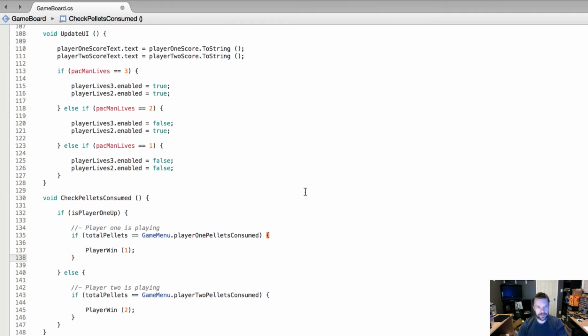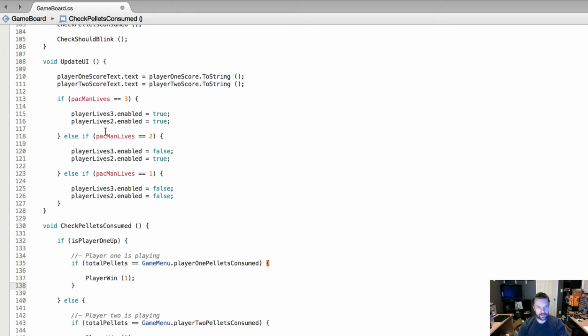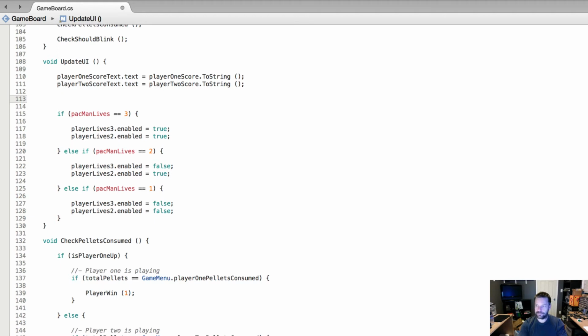update UI method, and that one is right here. Okay, this one is looking for Pac-Man lives to see if it equals 3, 2, or 1, and that's used to display the proper amount of Pac-Man icons at the bottom of the screen. So what we're going to do is first we're going to say, hey,